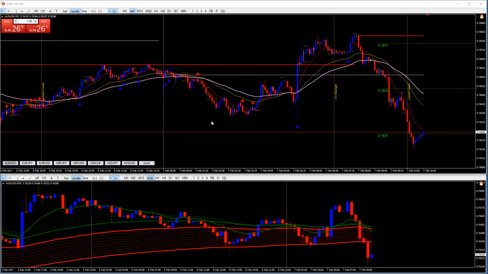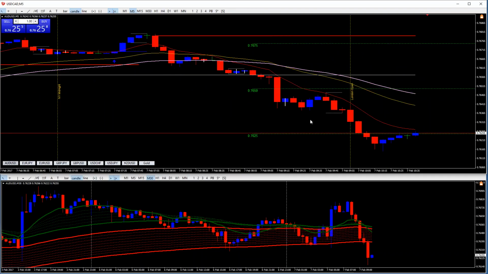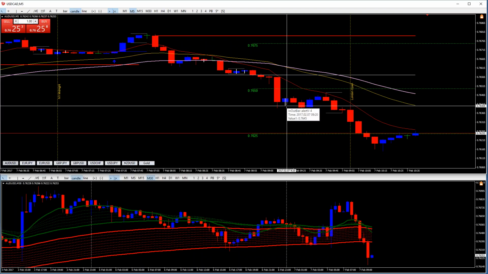Let me make it a little bit bigger so I can see it. All right. Here's an inside bar. So I would look for a break of this inside bar to go short now. So here's an inside bar here. The bulls are in control on this candle, so this would be a tougher trade for me to take, but I would take it